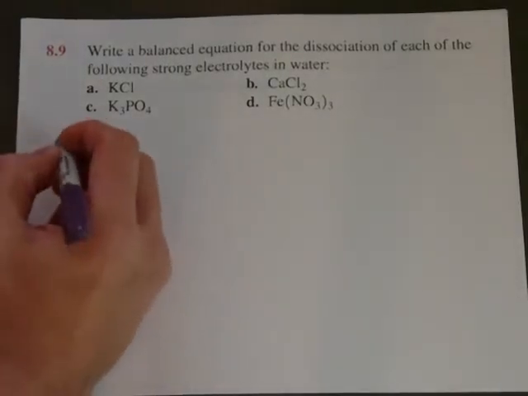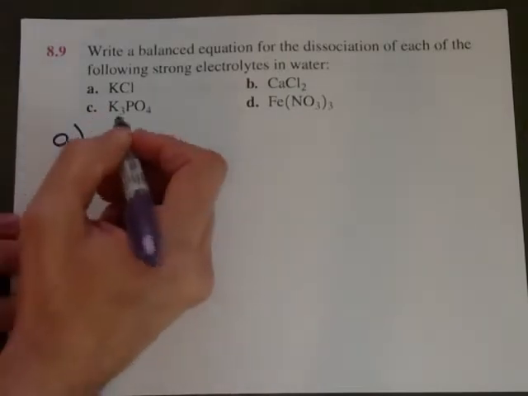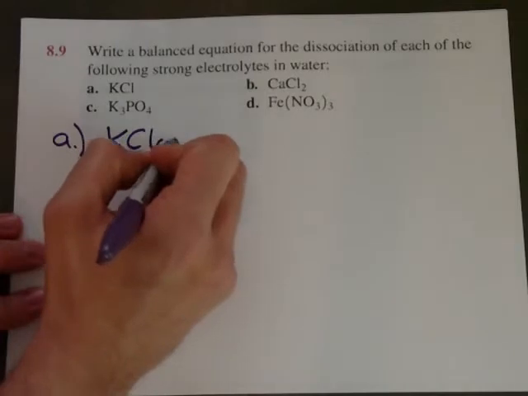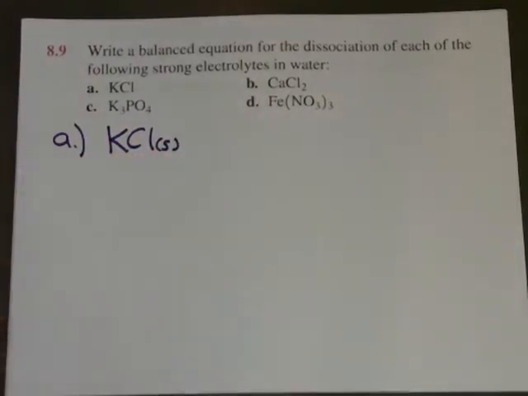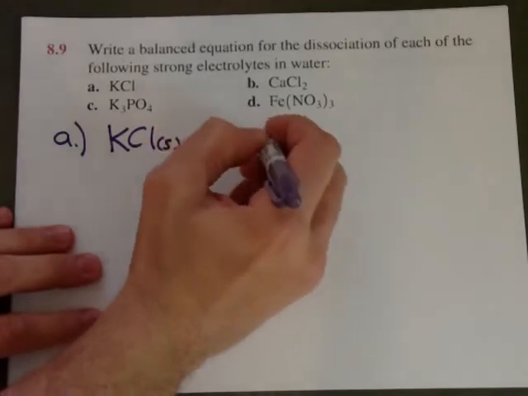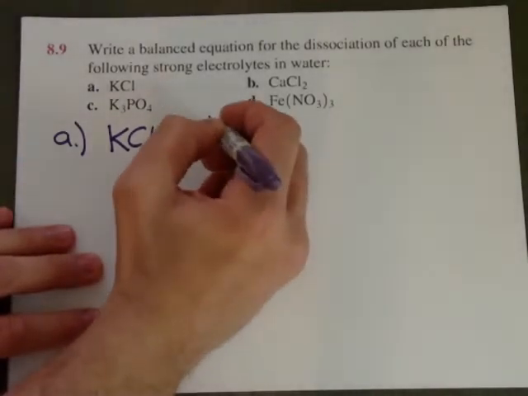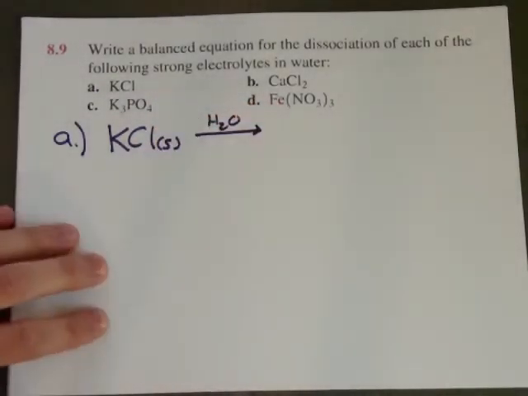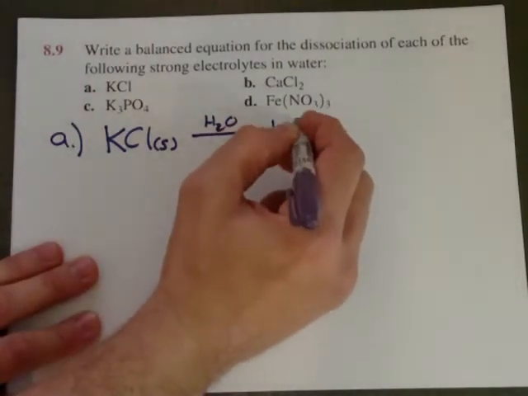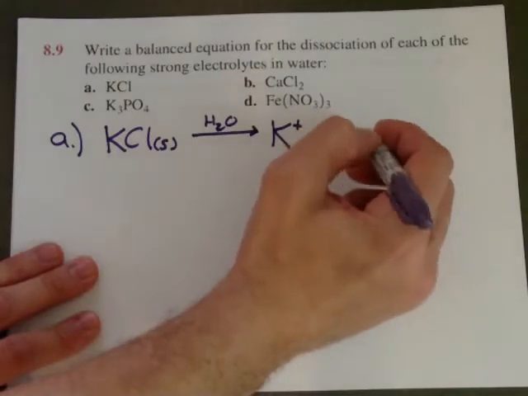And so we'll do an easy one first. We'll do KCl. KCl is a salt. It's going to be an ionic compound. It starts off as a solid. It's going to be dissolved in water. And when it does dissolve in water, it's going to separate and dissociate into its ions, K plus and Cl